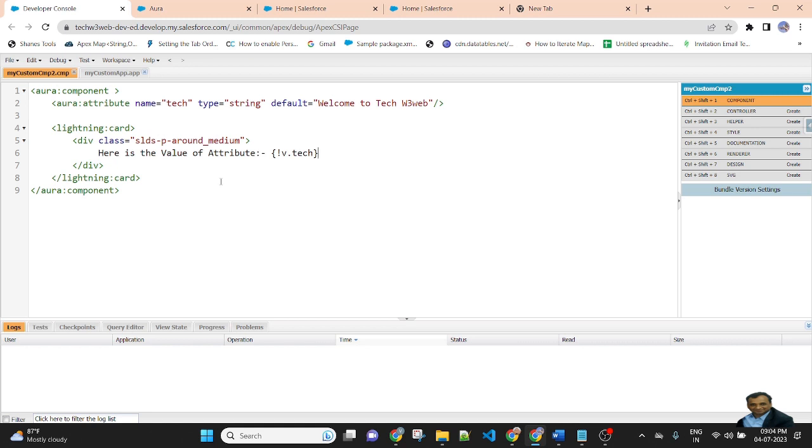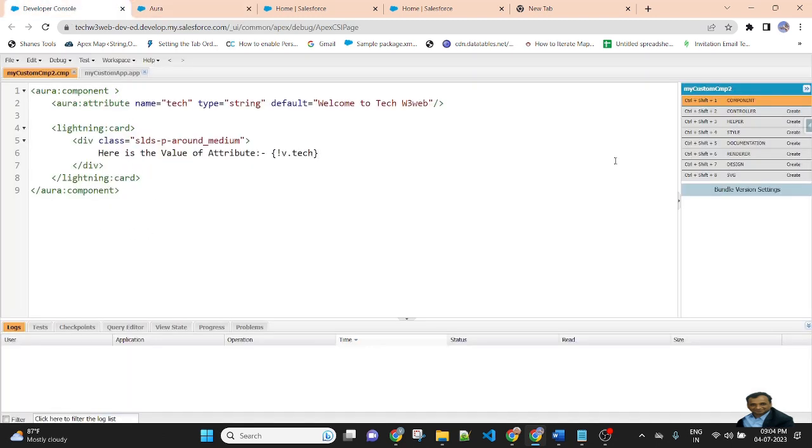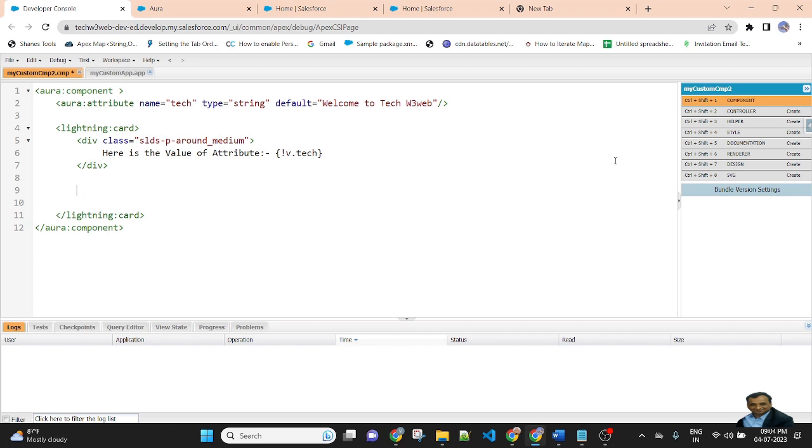Now I am creating a button. Whenever I click on the button, this value will be changed by the button function. So create a div, add a class name, slds-p-around_medium. Inside the div, I am creating a lightning button. Close the lightning button.